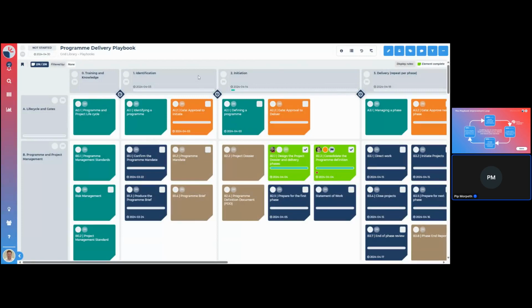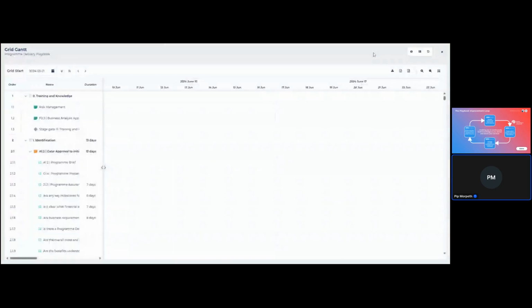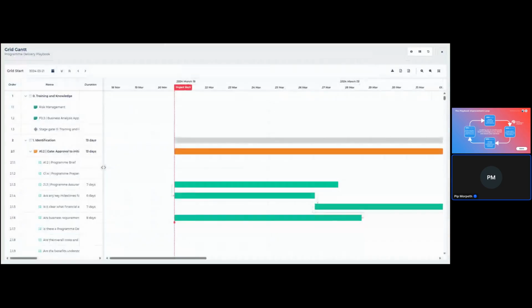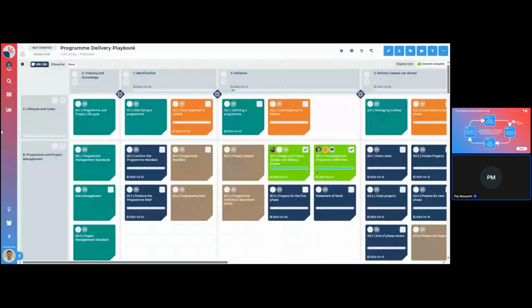For those that are interested, there's also the ability to switch from this very visual view. For those that need to see a timeline, you can move the grid between different views. So you can say, great, I've got the visual view, but then I also have a timeline view. I can put dependencies between tasks and set the durations and timescales. So if I need to see a timeline view of this playbook being used in execution, I can quickly switch between the two. Naturally, you can build your own.